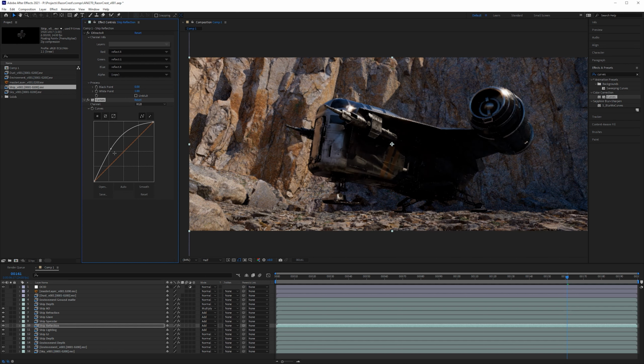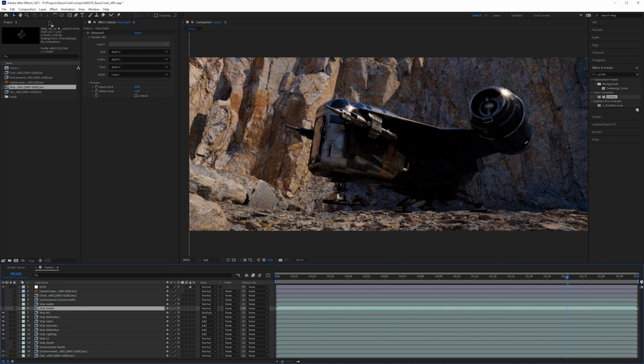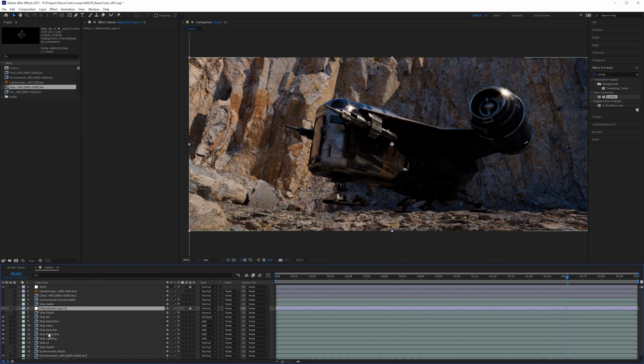So we could do something like this. But another thing that we could do is brighten up all of the layers together, because it is getting a little bit dark. So what I'd like to do, I'll go up to my ship depth layer, Control D to duplicate that, and I'll just call this ship matte. And I'd like to have an adjustment layer that affects only the ship layers beneath it, so all of them at once. So on the adjustment layer, I can call this ship CC for color correction.